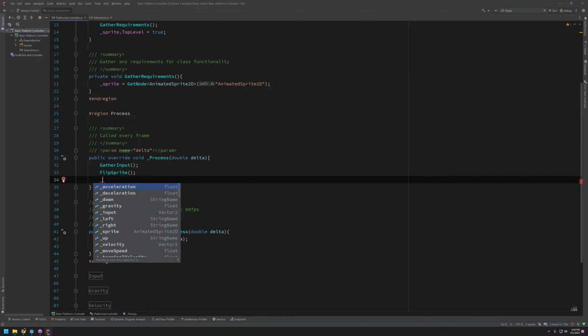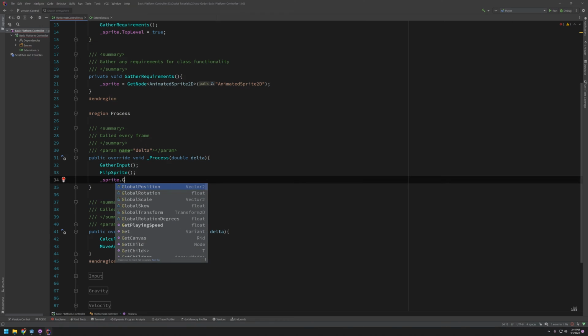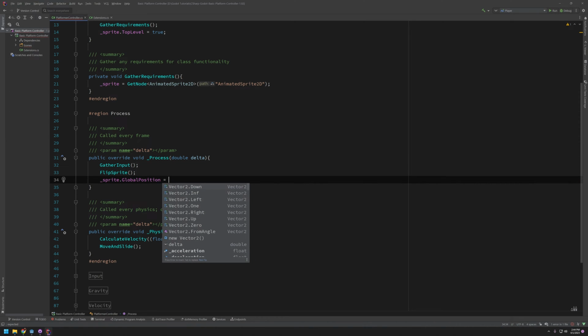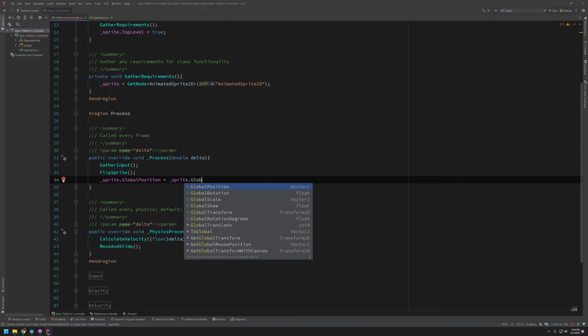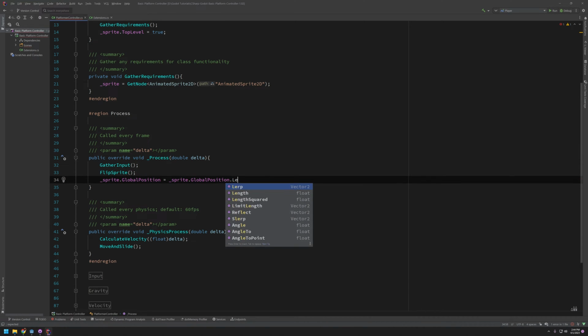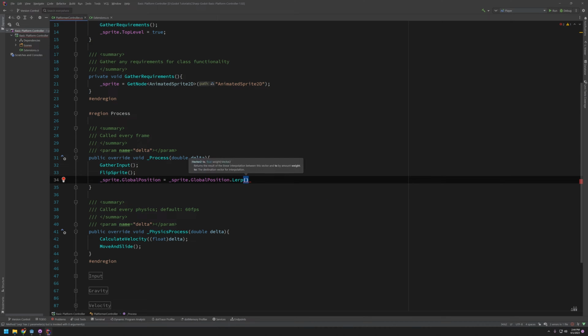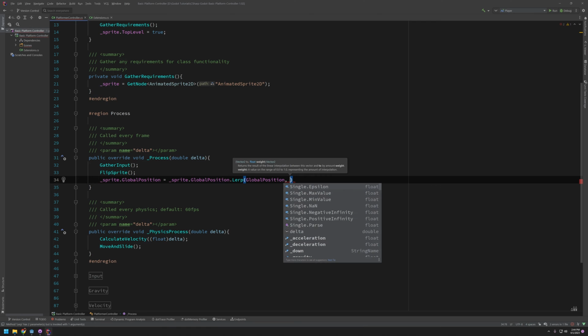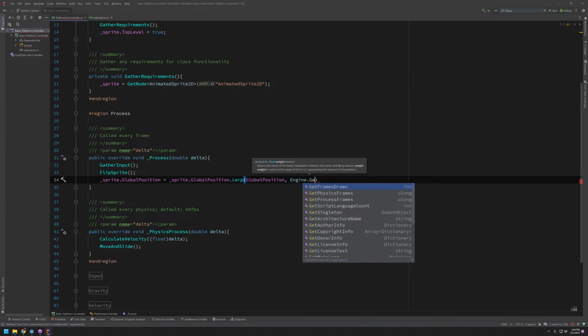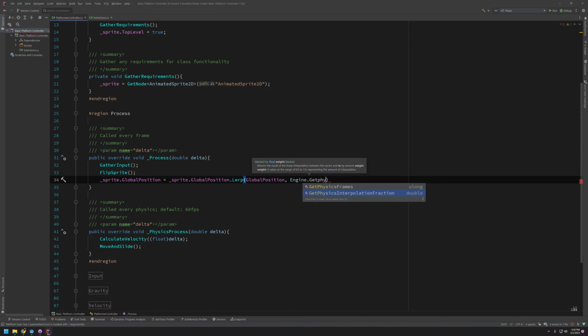So we'll just say _sprite.GlobalPosition = _sprite.GlobalPosition.Lerp. And then you'll see it's looking for a "to" value and a weight. So the "to" value is just going to be GlobalPosition, and the weight is going to be Engine.GetPhysicsInterpolationFraction. You'll see there's an error,